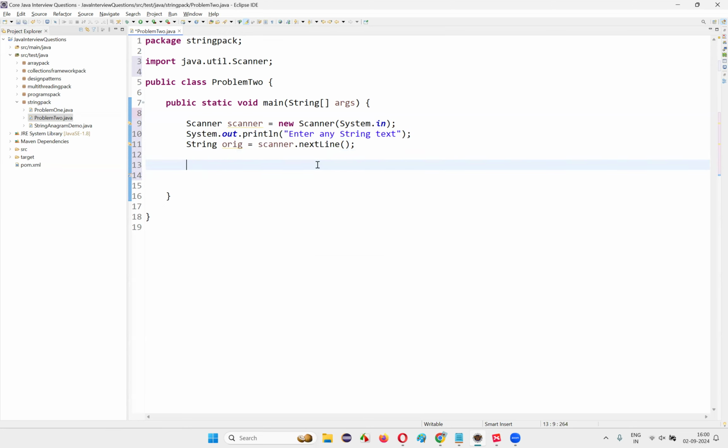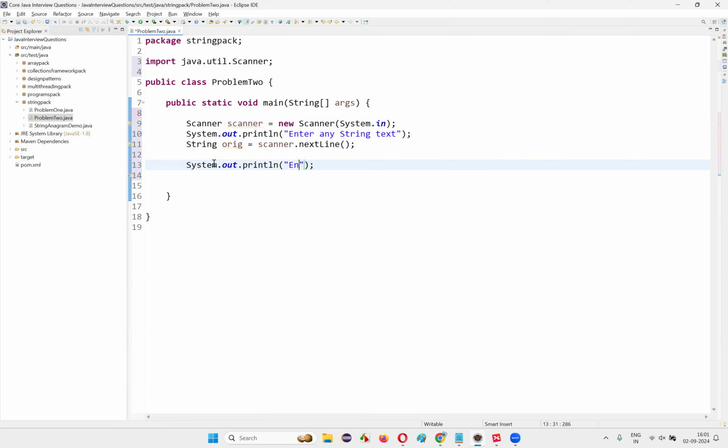So after that, I would like to collect the indexes in this particular string whose characters need to be converted into uppercase. Not every character in the string should be converted into uppercase. Rather, whatever index positions the user will input, only the characters at those particular index positions need to be converted into uppercase. So for that to happen, guys, again, I'll ask the user